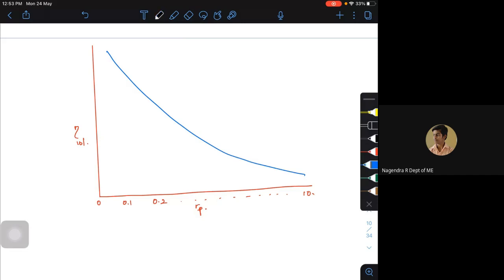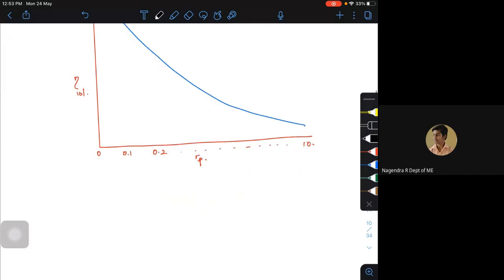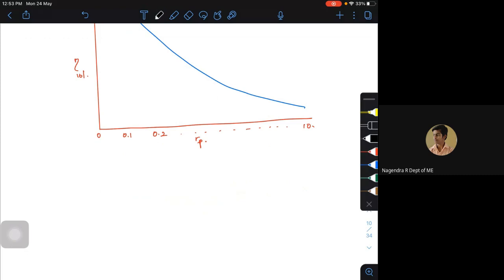I want to give you a homework where I want you to work on your Excel sheet. I want you to get used to that. Try to vary this C, which is the ratio of Vc to Vs, from a value of 0.05 to 0.15 in steps of 0.01. Let me write that: in steps of 0.01.